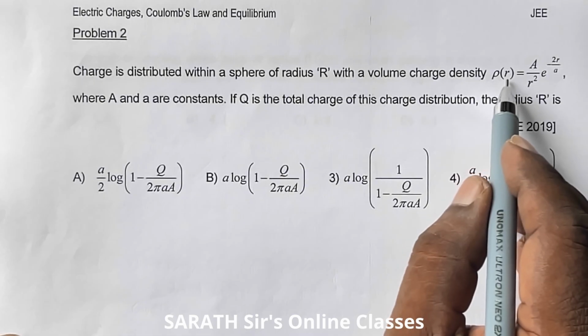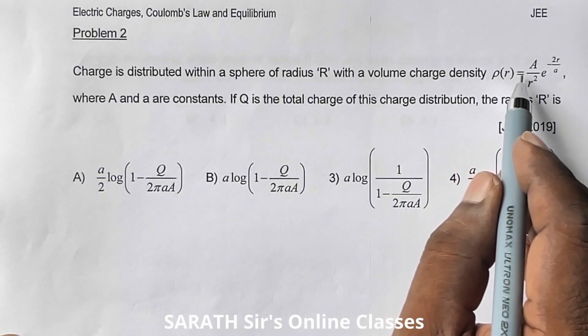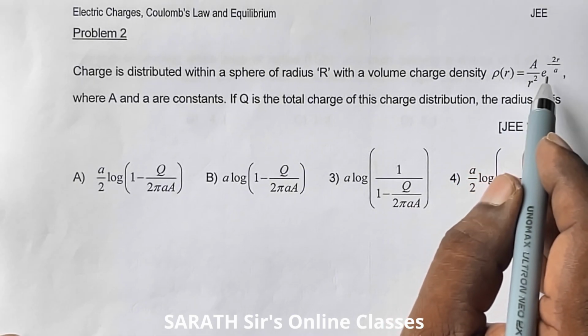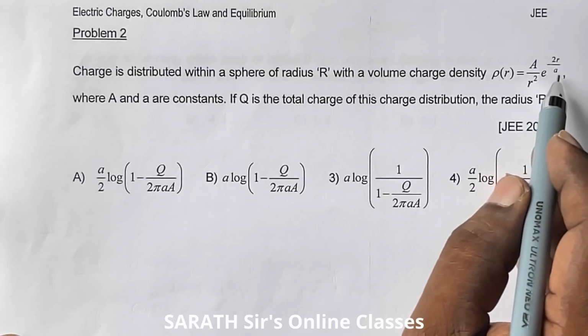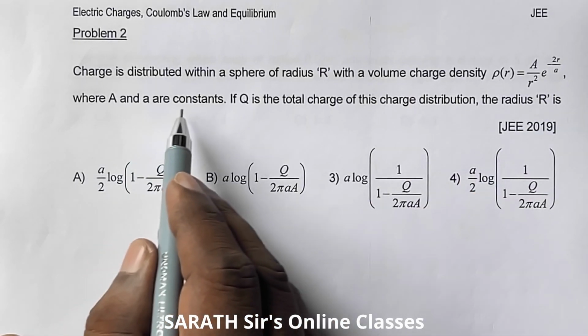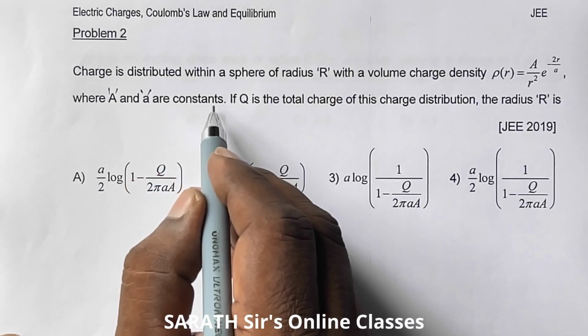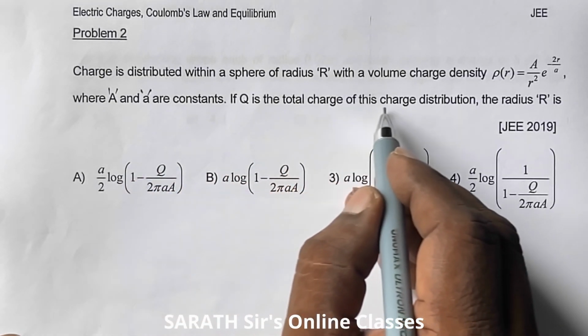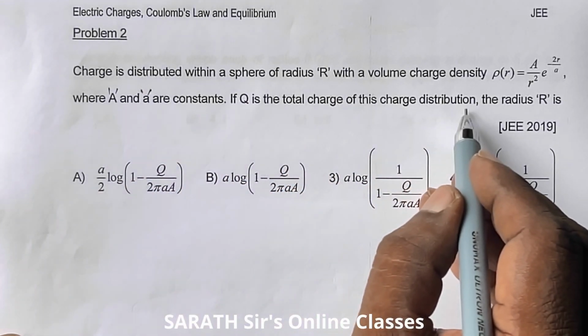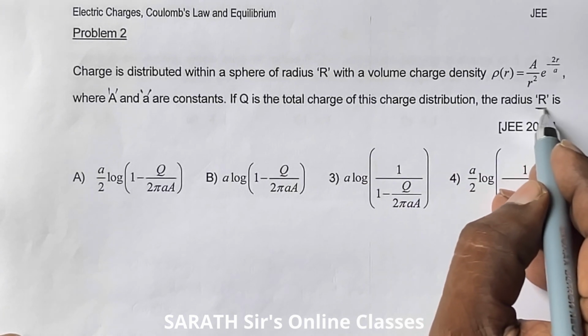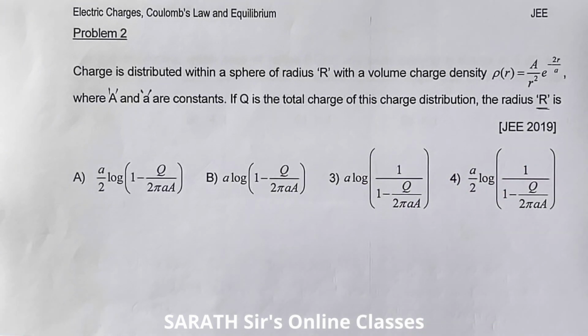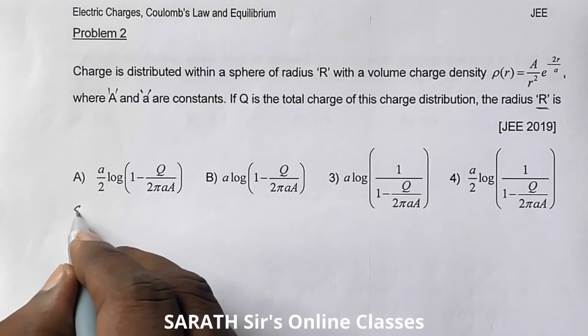So rho of r is equal to a by r squared into e power minus 2r by a, where a is a constant. If Q is the total charge on this charge distribution, we have to calculate the radius R of the sphere. So according to the problem,